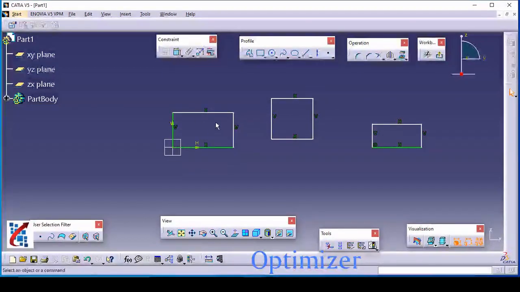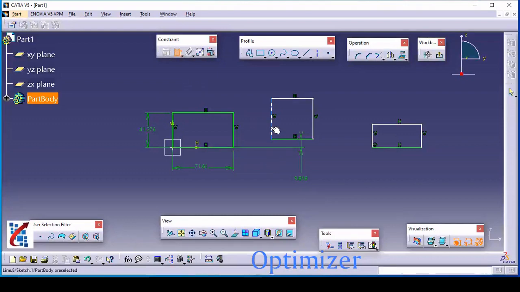So let us discuss this first. Always keep in mind that all the sketches should be in green color. So how do we convert that into green color? You just need to define the position and the size of the object. For example, the position of these two edges is fixed because we have drawn from this origin, where x, y, z are 0, 0, 0. When you define this, just see, all this sketch is converted into green color.